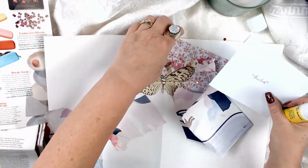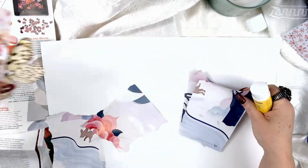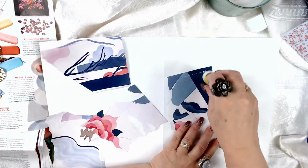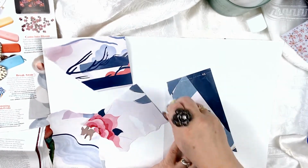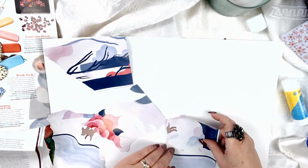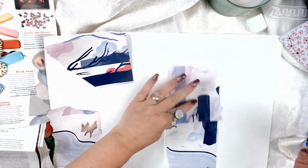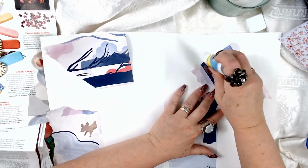There's the envelope, and there's the card that she sent me. I'm going to keep those. They go into the correspondence journal. Now, I love this page. I love the blues and the pinks. I think that it brings a lot to the table. So I'm going to use these and put them, both sides are gorgeous. I'm going to add this pink side on this one. I don't think